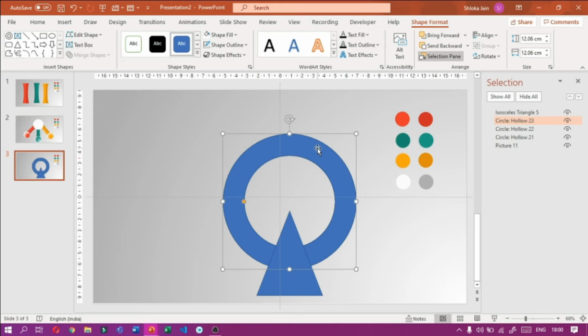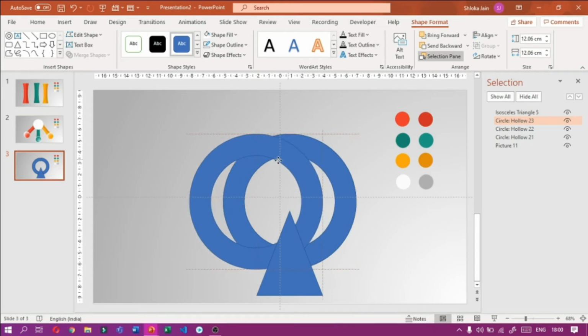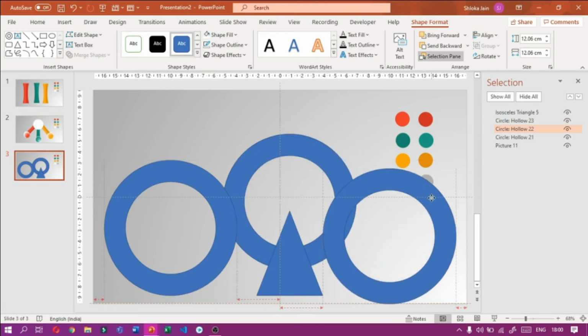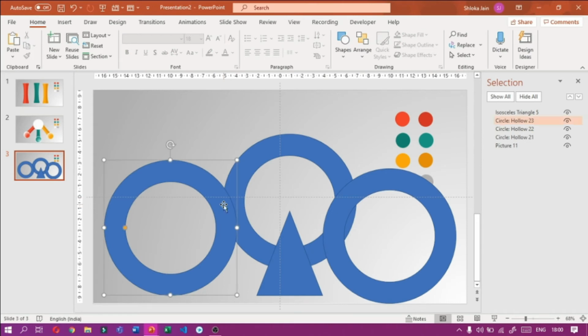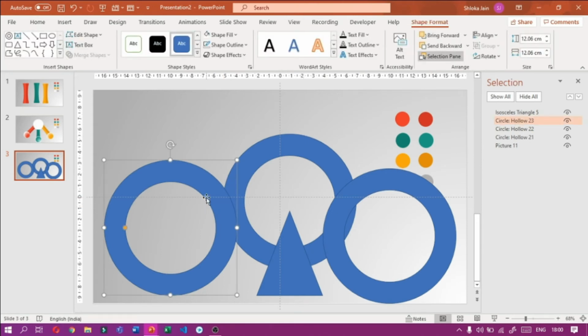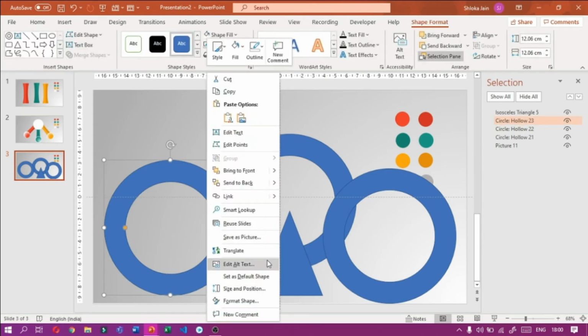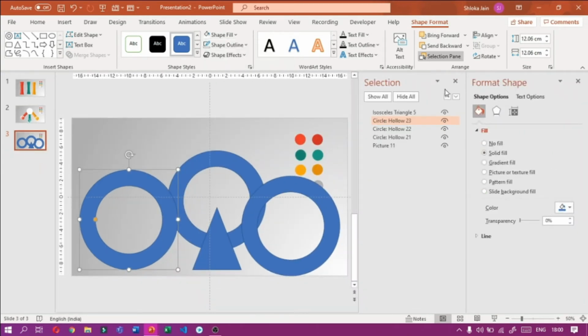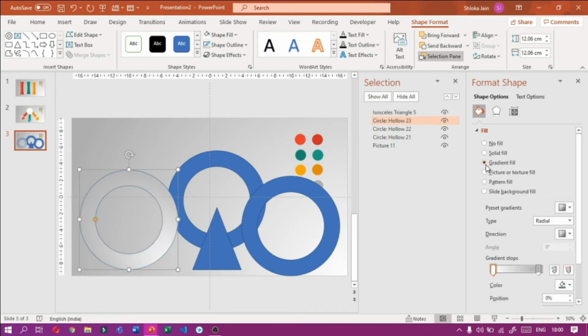Now we have to select the first circle, move it leftwards, select the second circle and move it rightwards. Now select the first circle, right click on it, go to format shape, then we have to go to gradient fill.